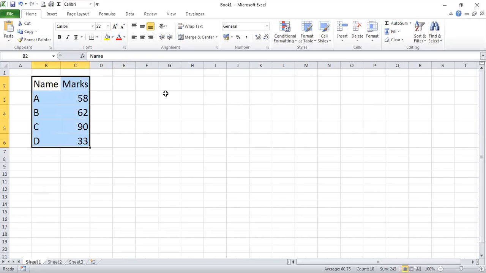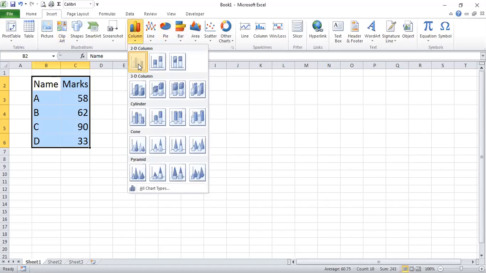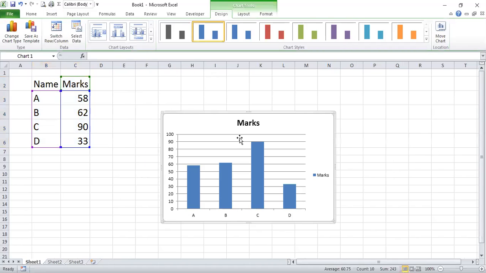Select the table first, go to insert, choose the chart, whichever type. Like, I'll choose a column chart only. So that chart will be automatically created, right?